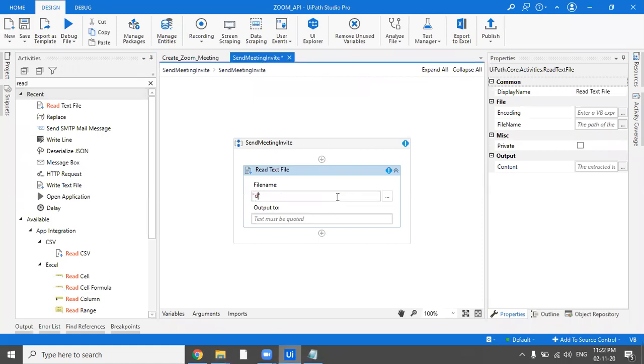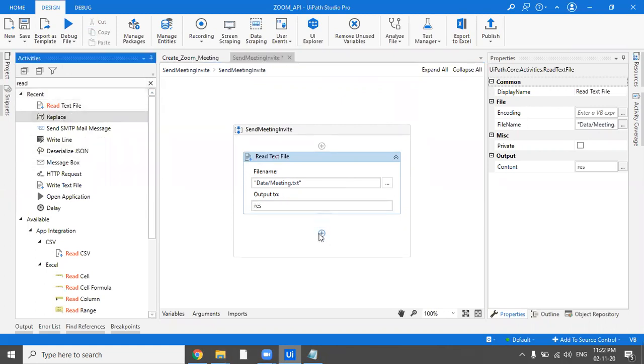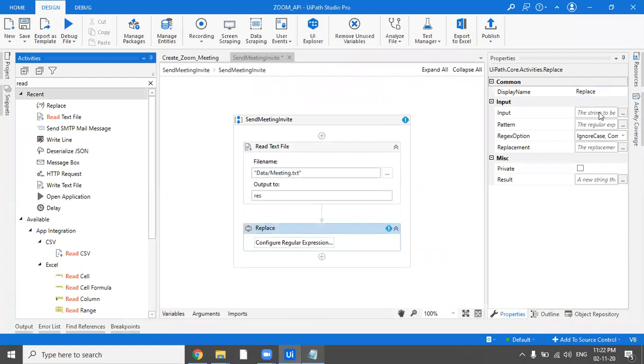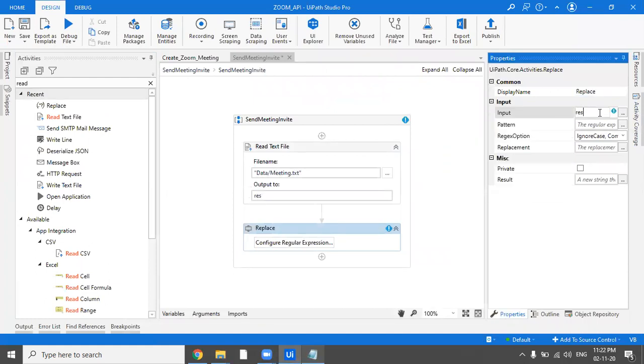Simply write here data, and inside that meeting.txt, and let's take the output in a variable. Now we have to replace that URL placeholder which we have just pasted. For that we can use an Assign activity, or we can use the Replace activity.